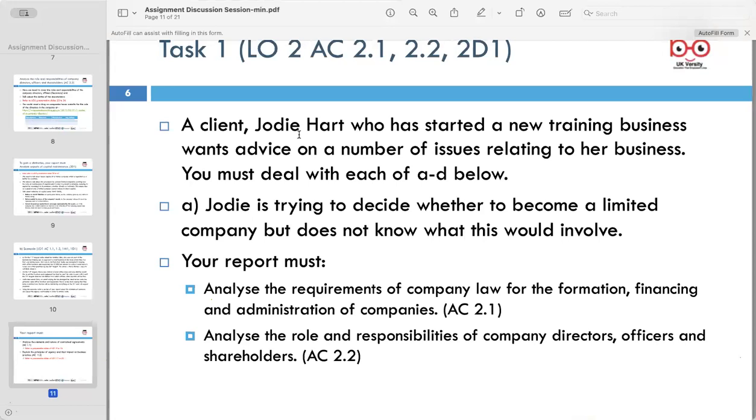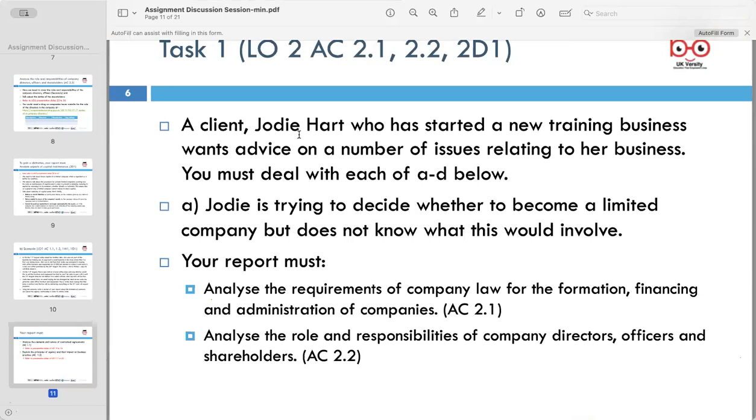Now my question is, in this situation, I am not a fortune teller. I cannot tell that after one month Jody will meet Harry, and Harry and Jody will have a contract for exchanging or selling products like office furniture. So my question is, where should I mention the contract, in which task? It means in which of A, B, C, D do I give advice about the contract?